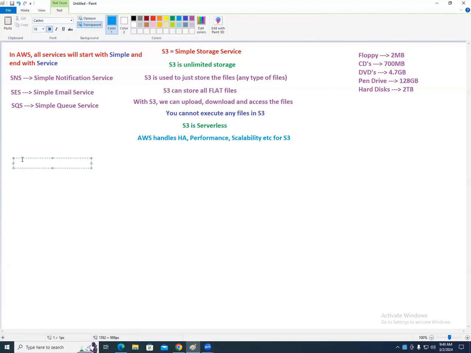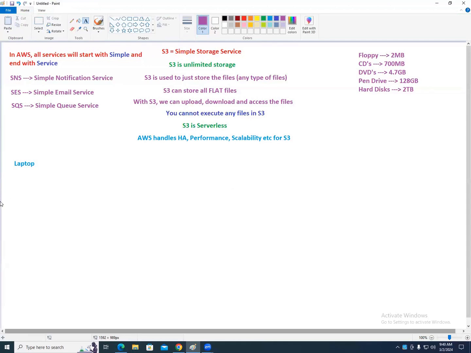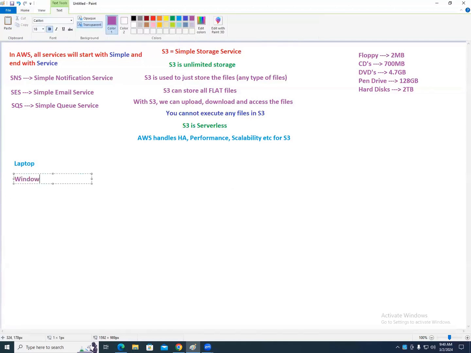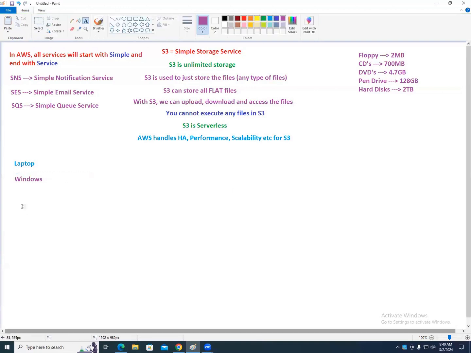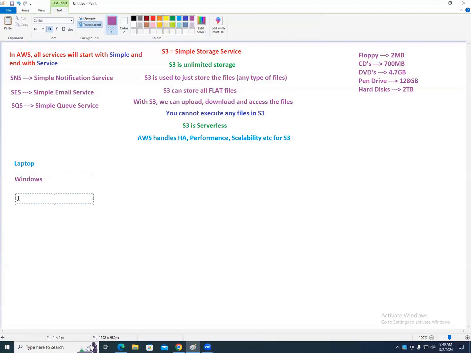Okay, so let's say, for example, assume I have so many movies with me. He asked, sir, you have so many movies, give me that movie. So I gave those movies to him. What does he do? He puts them in his laptop. His laptop is a Windows machine. If I give him all the movies, he'll create folders inside it: Tollywood movies, Hollywood movies, Kollywood movies. Like this, you have separate movies.